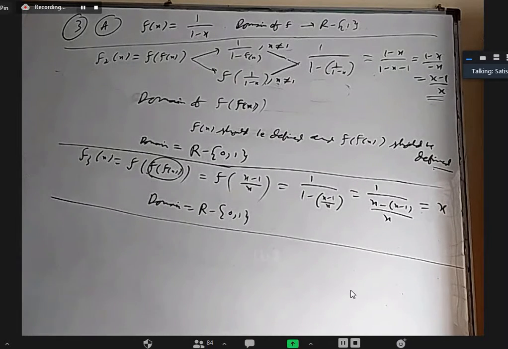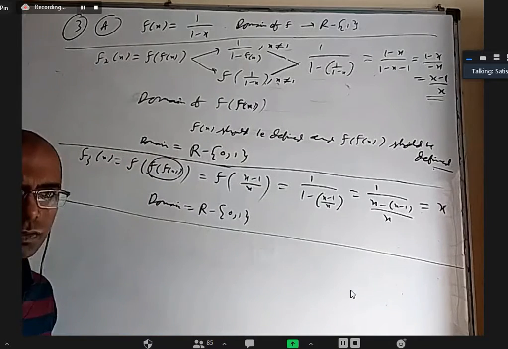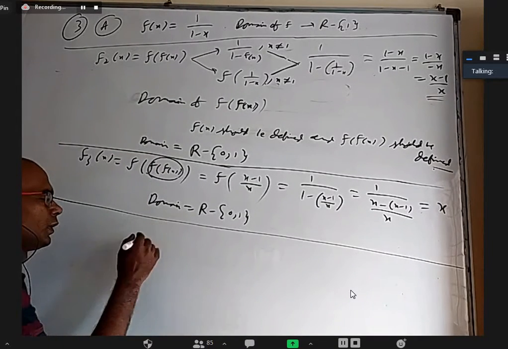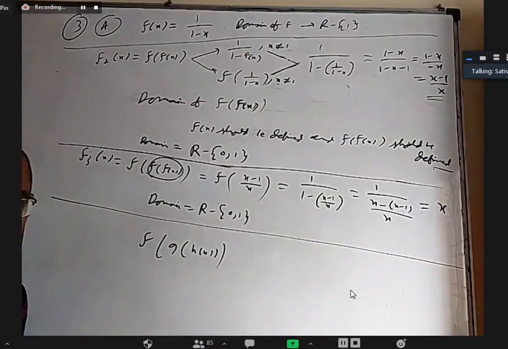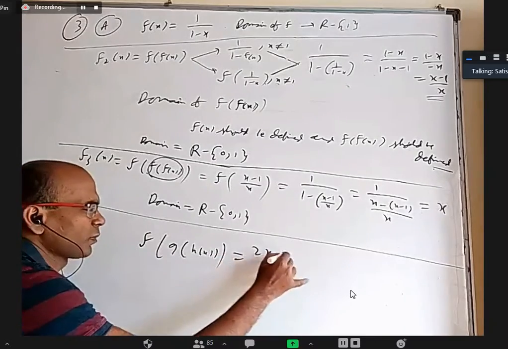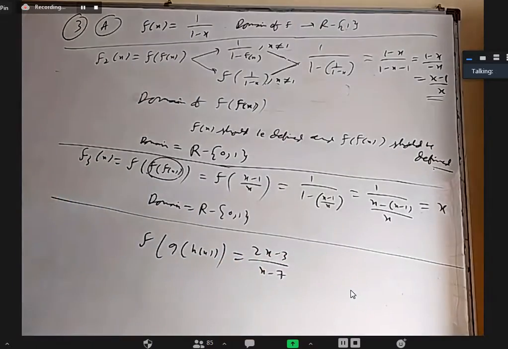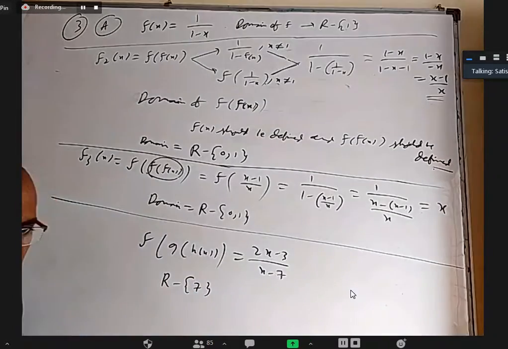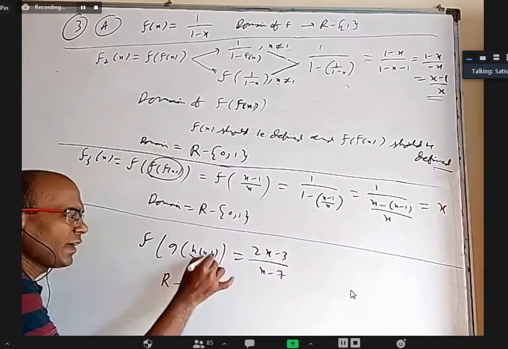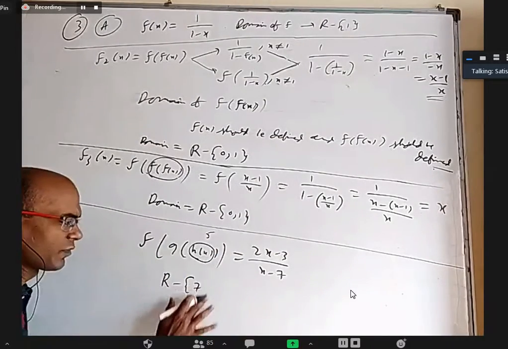Sir, we should do this process of substitution of f of x until we get back the original expression, sir. I don't know what you are asking, but let me tell you something. Say I have f of g of h of x and I want to find the domain of that. Let us say finally it is 2x minus 3 by x minus 7. If you look at only this, it looks like the domain is all real numbers except 7. But that is not sufficient. If h of x is not defined at 5, you should include that 5 also here.